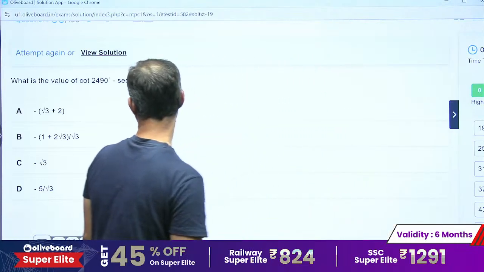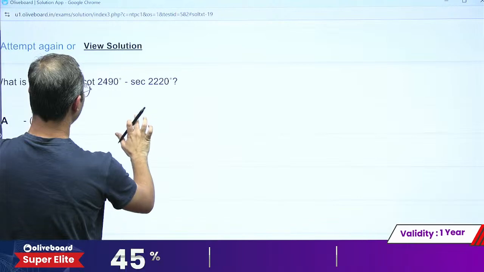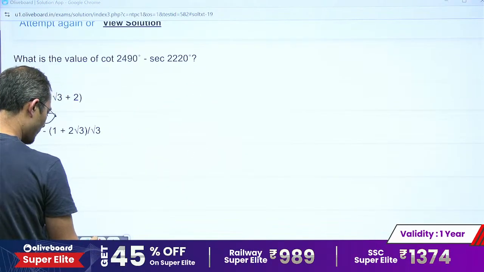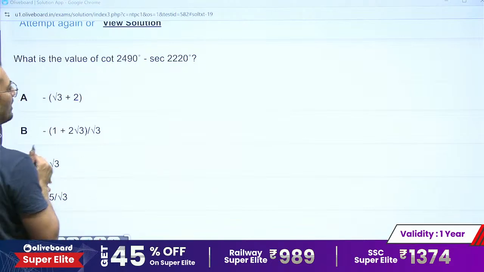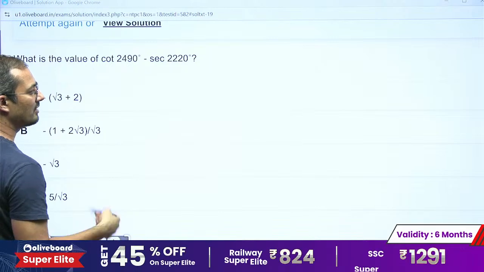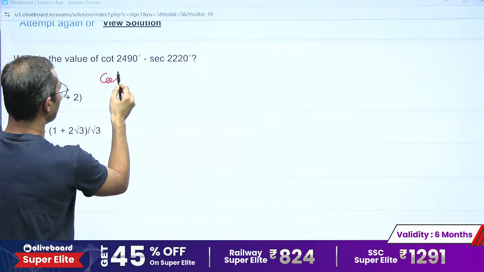Tell me what is the right answer for this question. Again, a very interesting question. You have to calculate the value for a large angle. Whenever we get a larger angle, we try to break it into multiples of 90, 180 or 360 as per our suitability. So we can write it as cot